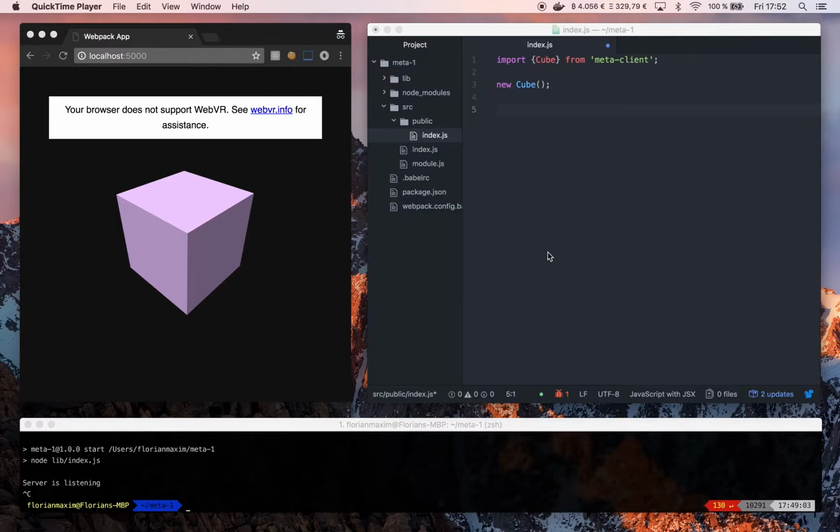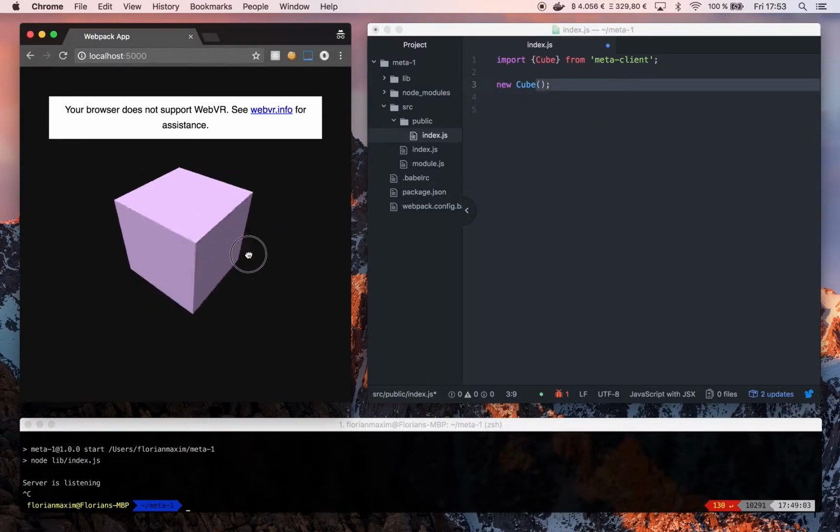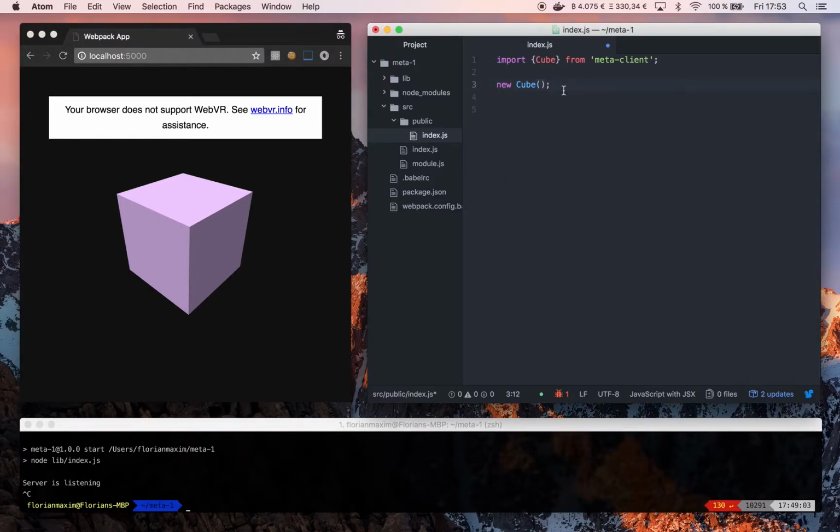It's super handy because it allows you to write one line of code, actually one word, new Cube, and I have this cube in a web application I can run on my desktop computer, on my smartphone, or on my desktop computer using the Oculus Rift or the HTC Vive, but I only have to write it once,